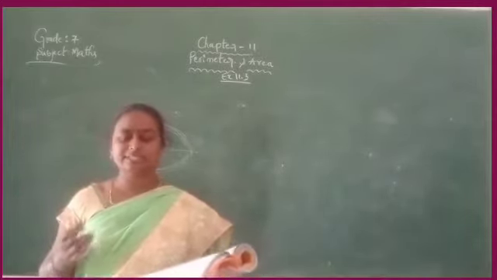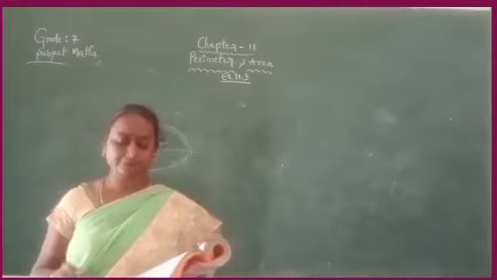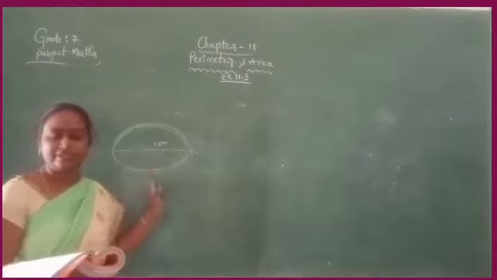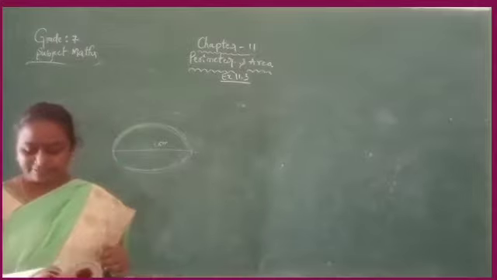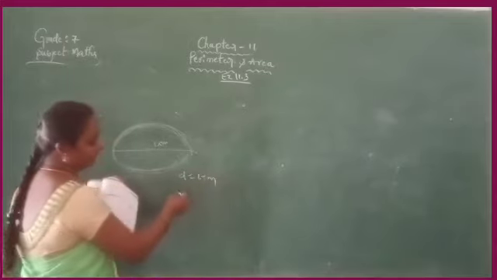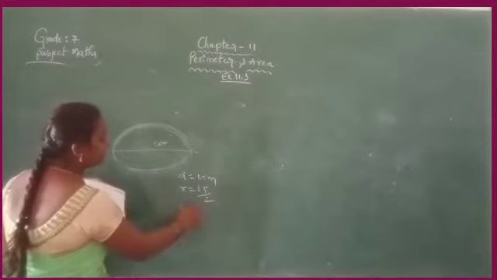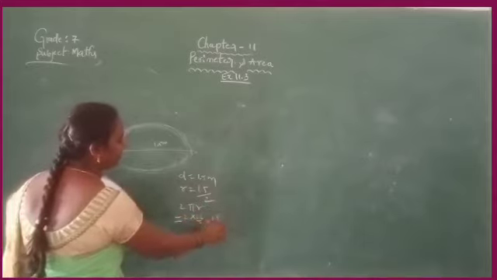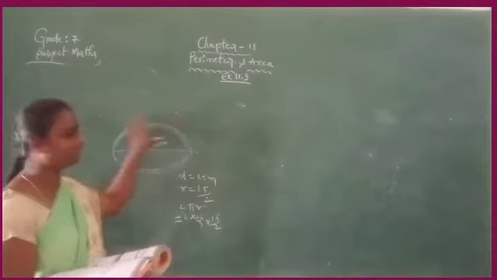Then how much cost it will take? Suppose the cost of 1 meter is 15 rupees. Then what is the cost of total? Means at that time what you have to find here? Yes, exactly, circumference. Here given diameter, the diameter is 1.5 meters. So radius not given, then that is 1.5 by 2. Circumference of a circle is 2 pi r. Substitute 2 into 22 by 7 into 1.5 by 2. Then you will get the total circumference of this circular table.